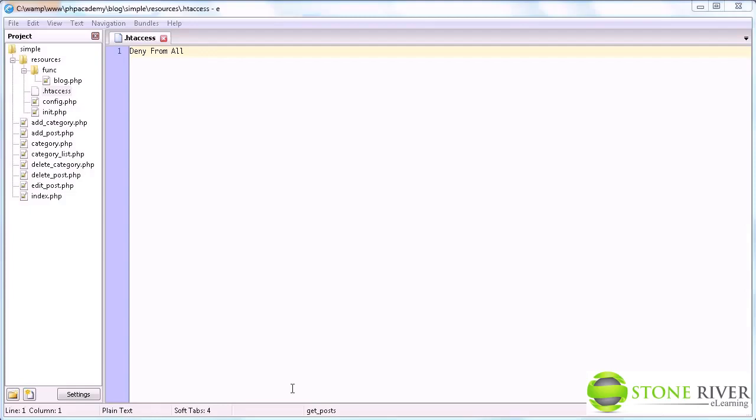So let's start by taking a look at the folder structure. Here we have the simple directory. I think I called it simple because it's a very simple blog. Anyway, in it we have a resources directory, and we will use this to store any files which